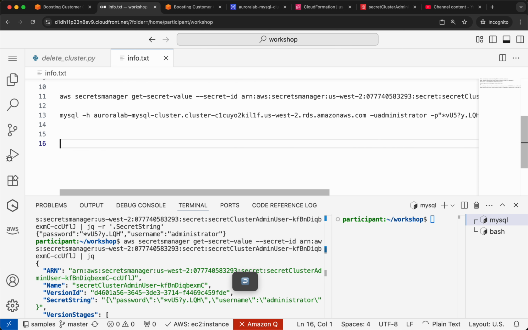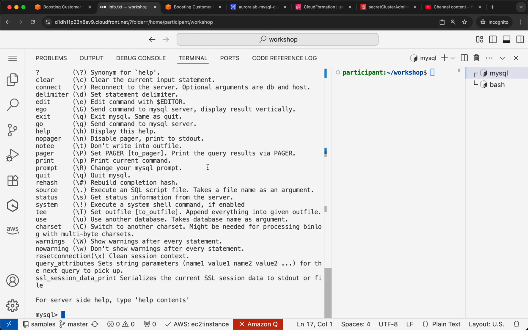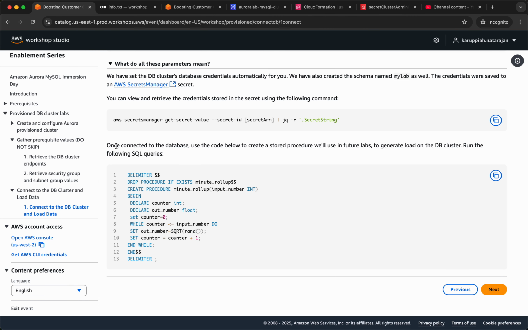So then next thing to do is start using this. So let me go ahead and, once connected to the database, use the code below to create a stored procedure we'll use in future labs to generate load on the DB cluster. Run the following SQL queries. Okay, so delimiter $$, drop procedure if exists minute rollup. Okay, create procedure minute rollup,